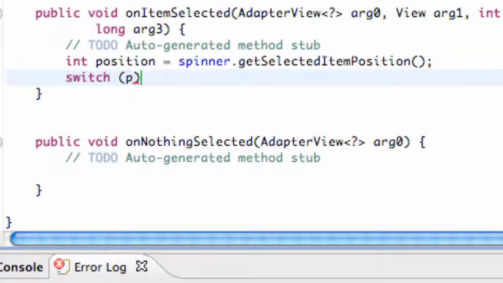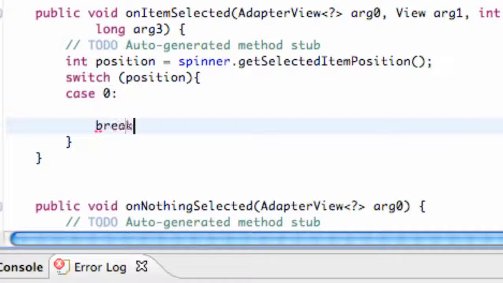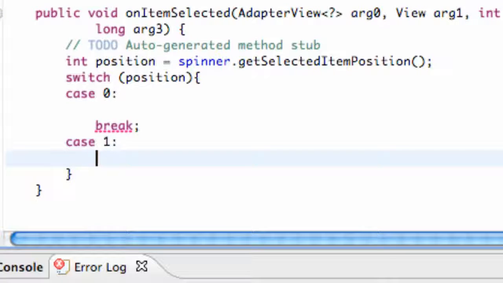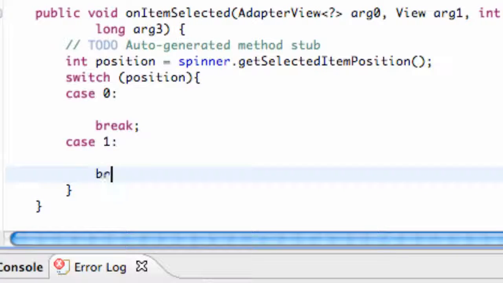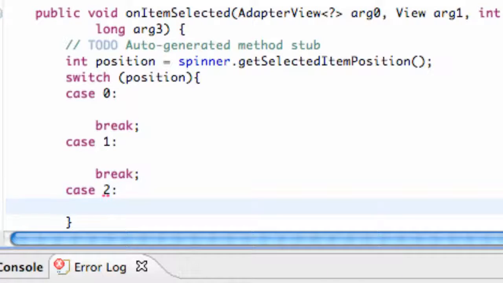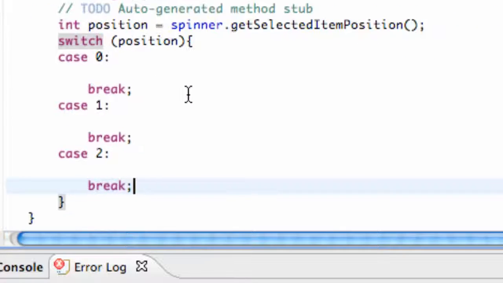So we refer to our position, and we're just going to say case, and I spelled position wrong, case 0, which will be the first thing in our list, which will be music, and we're going to say case 1, break, and lastly case 2 and break. Now what we're going to have our item selector do is basically tell us which directory we want